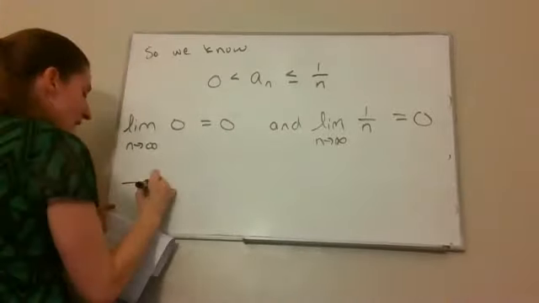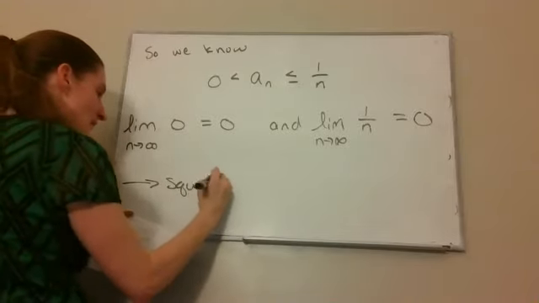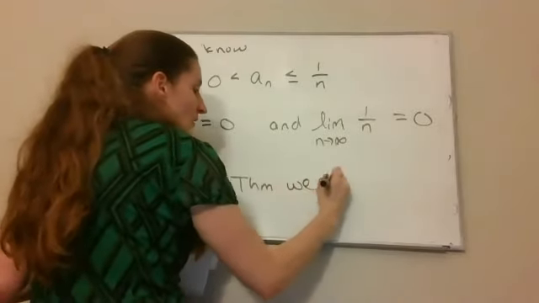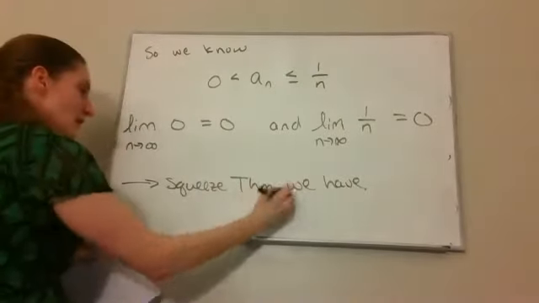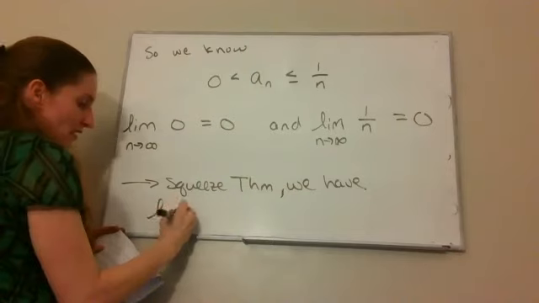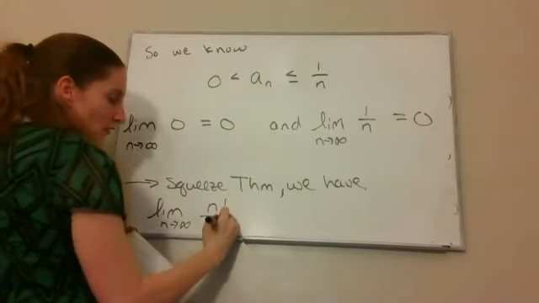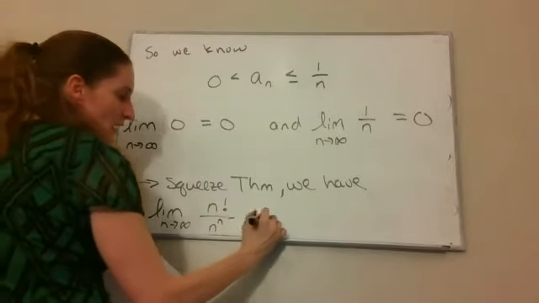So by the squeeze theorem, we have that the limit as n goes to infinity of n factorial over n to the nth power is